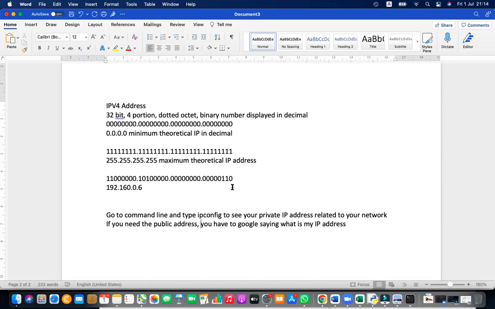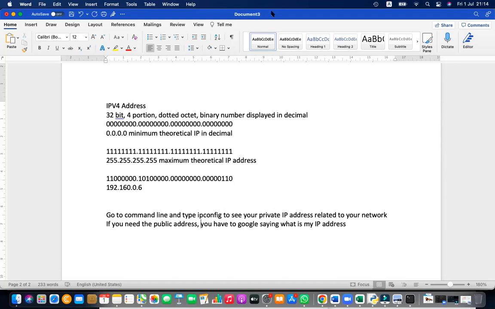So understand this IP concept carefully. There are two versions of IP, private and public. Private IP is like the Sudukuta, Chutukuta nicknames in your house. A public IP address is the publicly unique IP address assigned to you. When you are connected to the internet, you will get a public IP address. If you are not connected, you will not. You can search it in Google, but to see your private IP address, you can type ipconfig in the command prompt. You can change your private IP address as well.